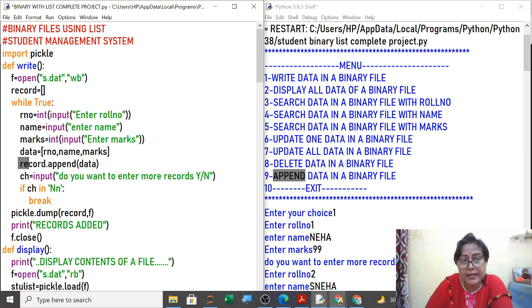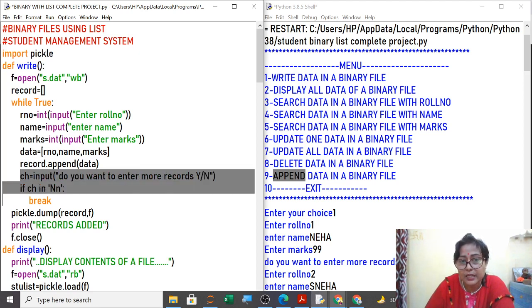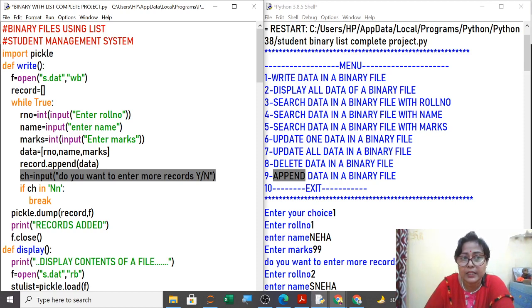Now I will append it in a second list. So this record is a list, many lists inside a big list, that is records inside a list. So I am appending it. Then one by one, if you want to store more, so a for loop I haven't used. Previously in dictionary I was taking n from the user for multiple records, and a for loop I was using. Now this method also you can use. That is, I haven't used a for loop. I am asking the user, do you want to continue, yes or no? If he wants to continue entering the data, yes, then it will enter more data, and if it is no, then it will break out of the while loop.